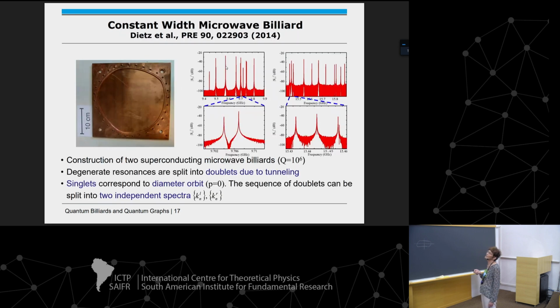And we did experiments, so I just show here the cavity. It was covered with lead, and it's superconducting, and then we got very sharp resonances, and they have to be sharp because this dynamical tunneling becomes visible in small splittings of the eigenvalues. So in a circle billiard, you have degenerate eigenvalues. Now when you change the boundary such that it becomes unidirectional, then you will have a small splitting. So the degeneracy will be slightly